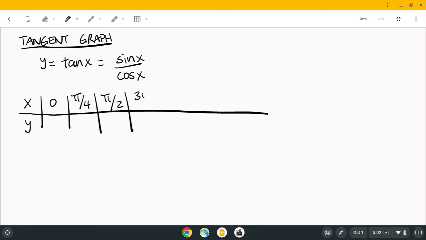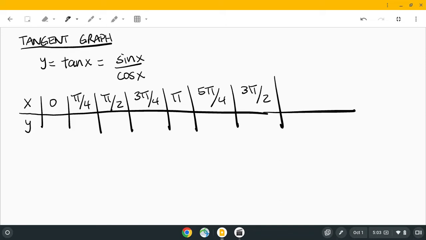3 pi over 4, pi, and 5 pi over 4, 3 pi over 2, 7 pi over 4, and back to 0, which is 2 pi. All right, so